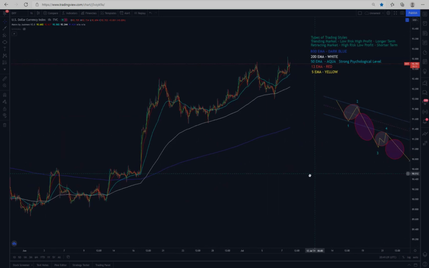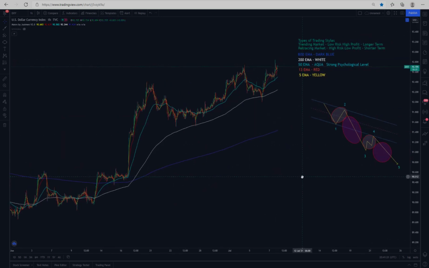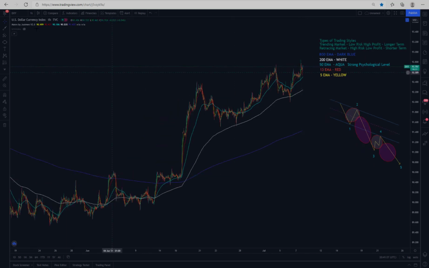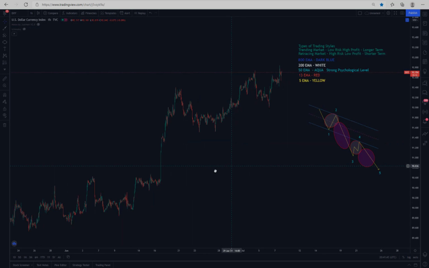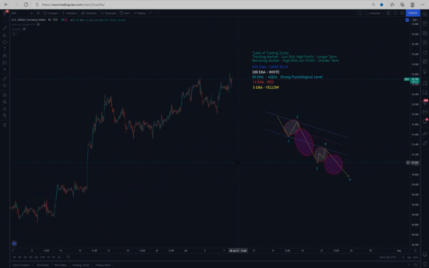So another important thing I would like to discuss today is your support and resistance level. Really key to know what is your support and resistance level. I'm going to take out my moving averages, and we're just going to have a simple example of what I mean by support and resistance level. Okay, so right here you have price